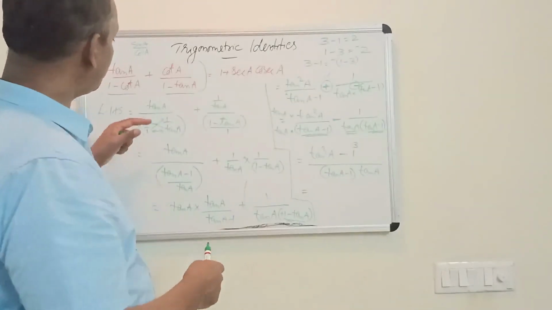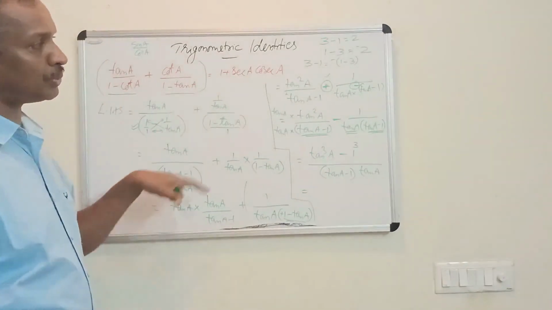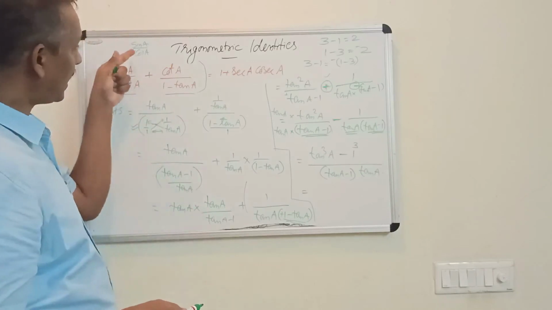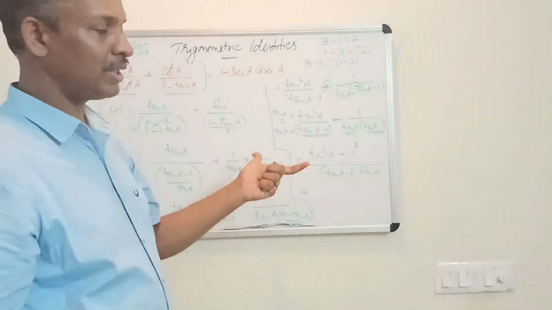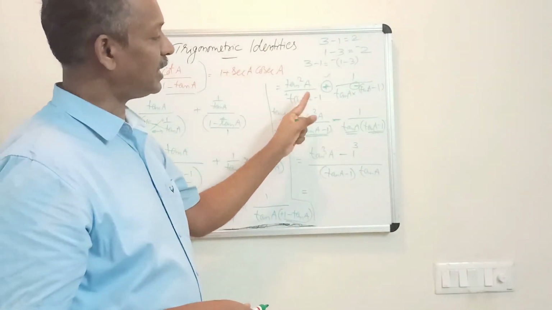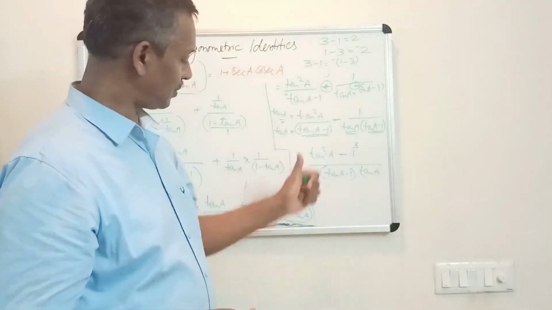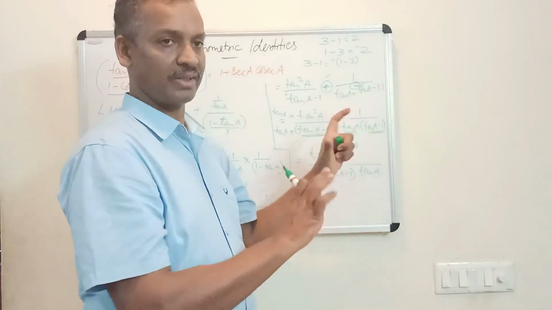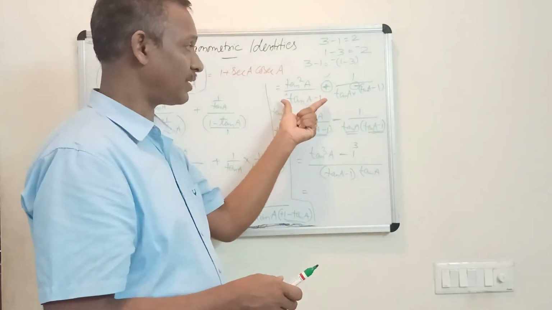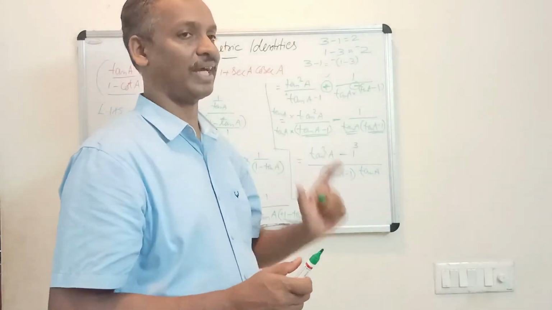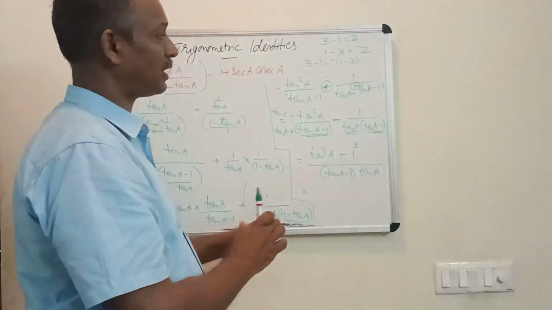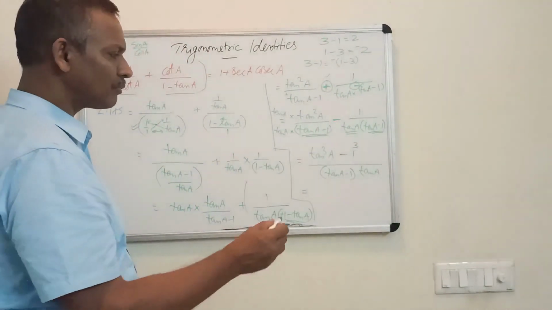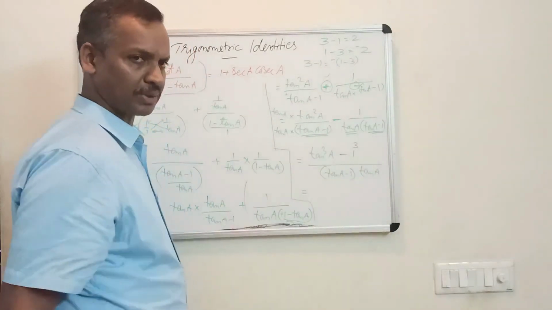This will happen when you change it to cot and do it. Then also you will face the same problem. When you change to sine and cos also, you will face the problem. In that case, it will be sine A minus cos A here, and here it will be cos A minus sine A. There also you have to take a minus. Then make it so that if it is sine A minus cos A here, here also it should be sine A minus cos A. If it is cos A minus sine A, you have to take a minus and make it like that. Then A cube minus B cube is coming.